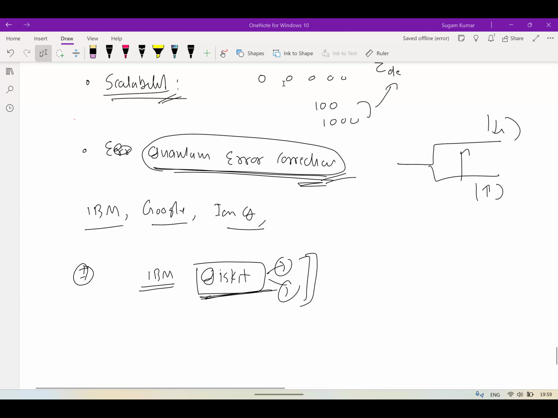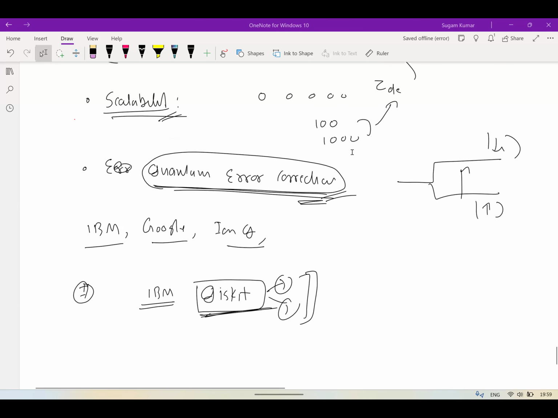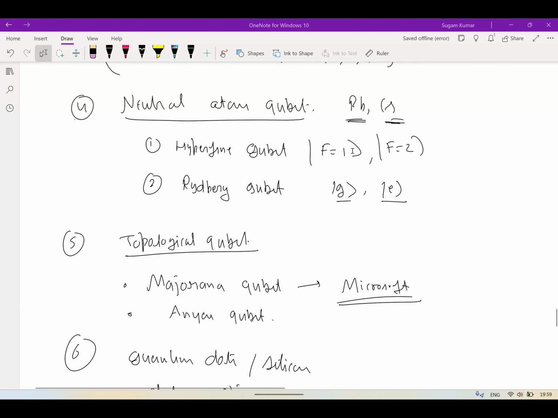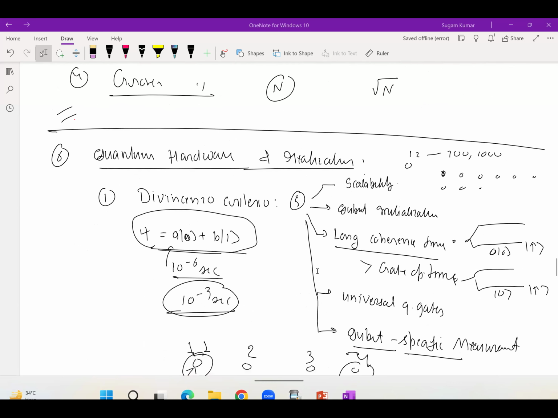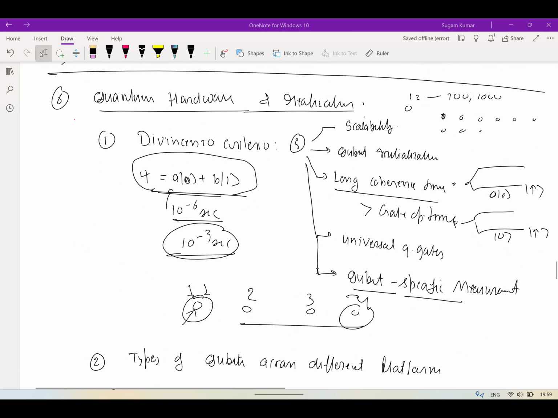Thank you for the outline, sir. I was asking about DiVincenzo's criteria. Among the five that you mentioned, about universal quantum gates, is it necessary to have universal quantum gates, and what is the logic behind it? Classically, we have a universal gate called NAND. Using NAND gates, you can build any type of gate you need. There is no single universal gate in quantum mechanics. We need sets of single-qubit and two-qubit gates, or three-qubit gates, so that you can do all possible operations.